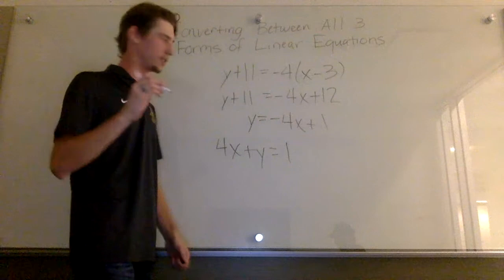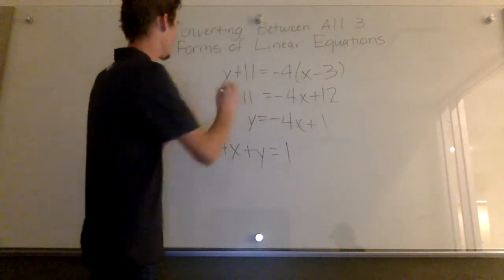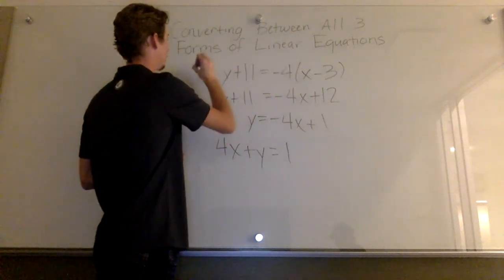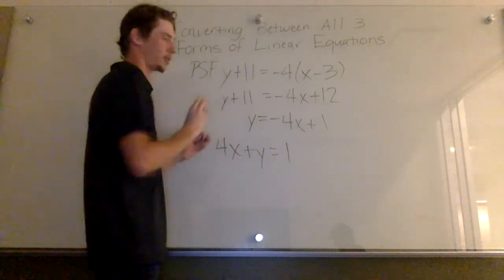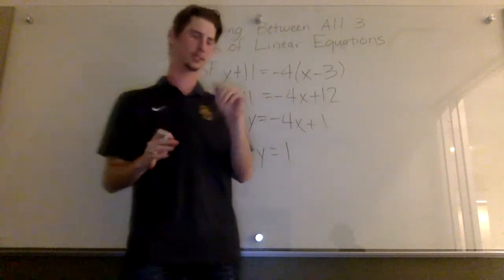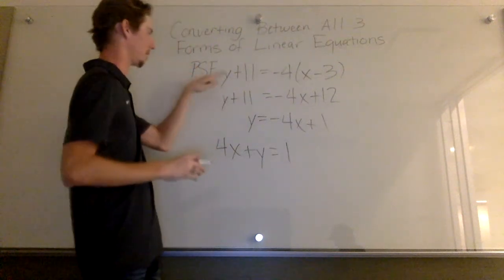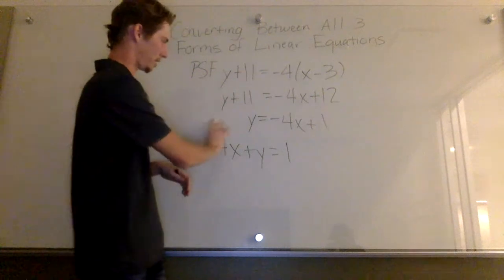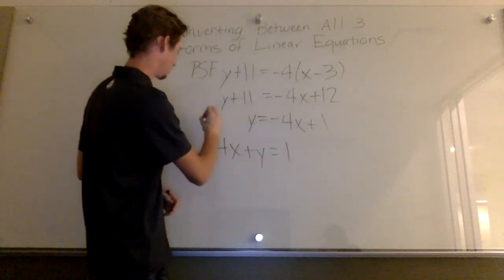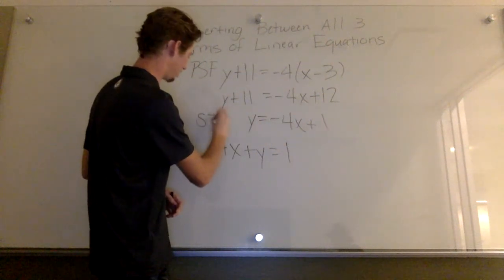And here's the really cool thing about this. So the top up here is in point-slope form. You may see that acronym on your independent practice and stuff, so I just want you to see that. It's PSF, point-slope form. Okay? Right down here is where we got it in slope-intercept form,